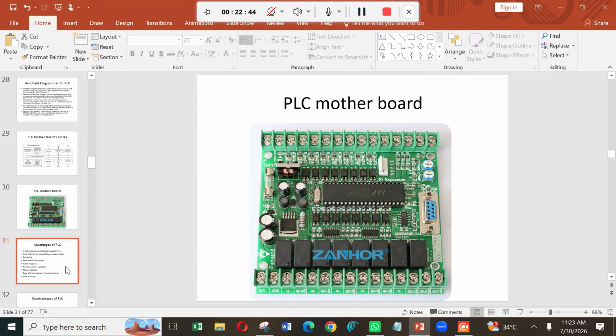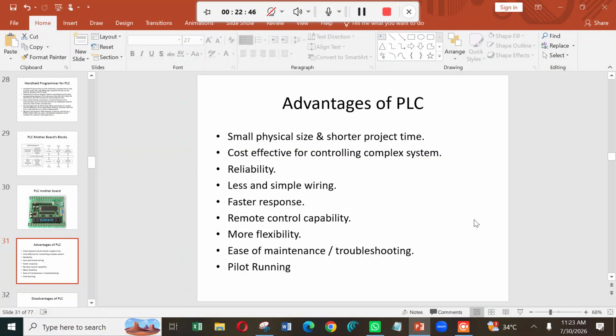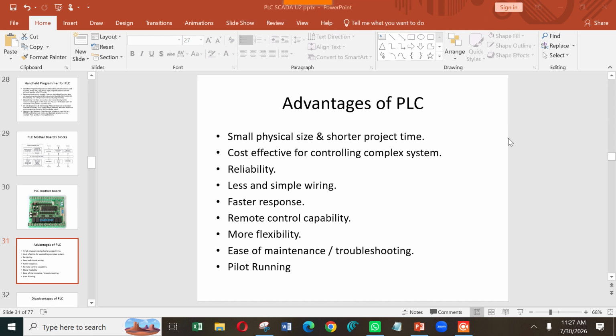Now advantages: small physical size, shorter project time. This line is applicable only for the Showbox PLC. Then cost effective for controlling complex systems. So you can see the advantages of PLC.